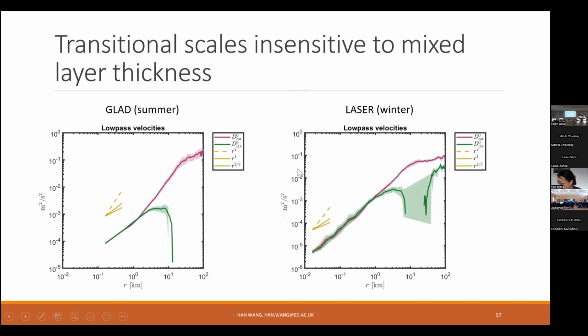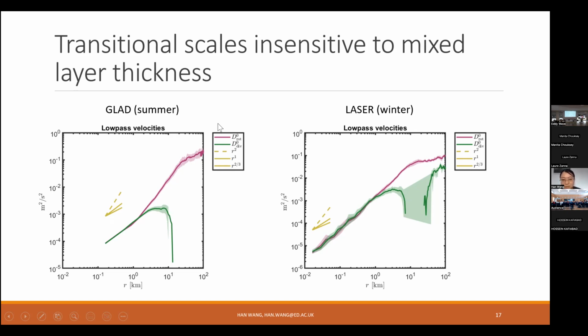And so this is another interesting thing we found, which is that if we compare the low-pass component between LASER and GLAD, they are actually very qualitatively similar in that they both have equipartition in the low-pass component at smaller scales between the rotational and divergent components, and at larger scales, they are dominated by the rotational component. And more interestingly, we can see that the scale at which they transition from equipartition to the dominance of the rotational component is very similar between GLAD and LASER, and this is not what I had been expecting to see actually,